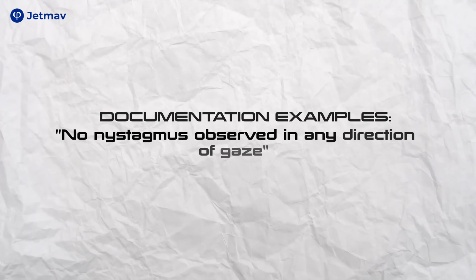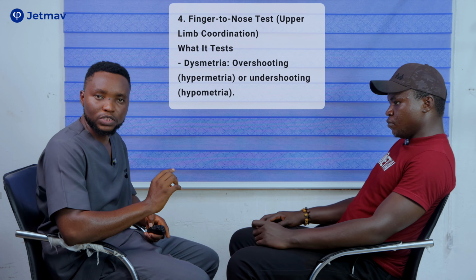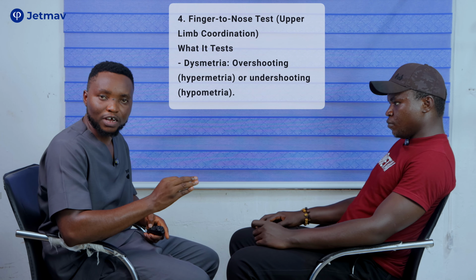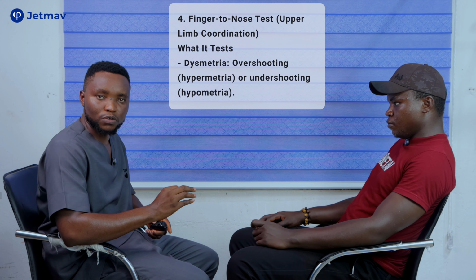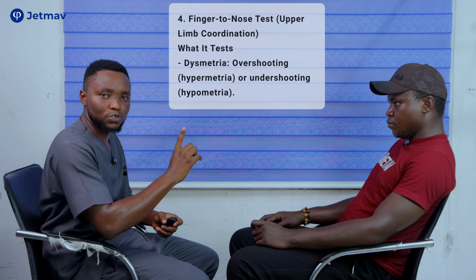When we were making the H pattern, we held it at the extremes to help enable us detect any gaze-evoked nystagmus. So after the observation, we noticed that there is no nystagmus observed in any direction of gaze for our patient. So when we are done with that, the next component of this test is the finger-to-nose test. So this is where we'll test for dysmetria, where there might be overshooting or undershooting. So we'll position our finger at an arm's length from the patient and ask them to touch their nose, then